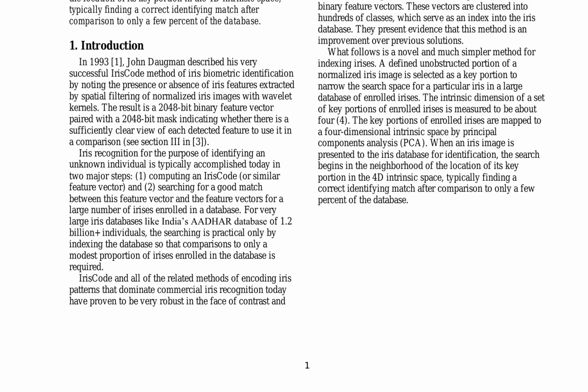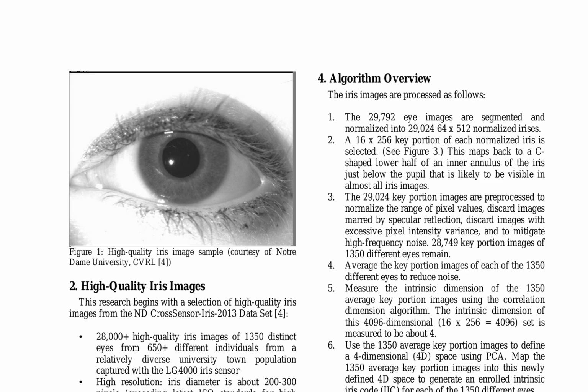large-scale iris recognition applications. The research utilizes high-quality iris images from the ND Cross-Sensor Iris 2013 dataset, comprising over 28,000 images from 650 individuals, captured using the LG 4000 iris sensor. The images have a high resolution, exceeding ISO standards, and exhibit excellent sharpness and signal-to-noise ratio. The dataset was filtered to remove inconsistent metadata and images with opaque contact lenses, resulting in 29,792 eye images. The research was conducted using Python 3.9.12 in JupyterLab 3.4.4 on a robust gaming laptop with 32